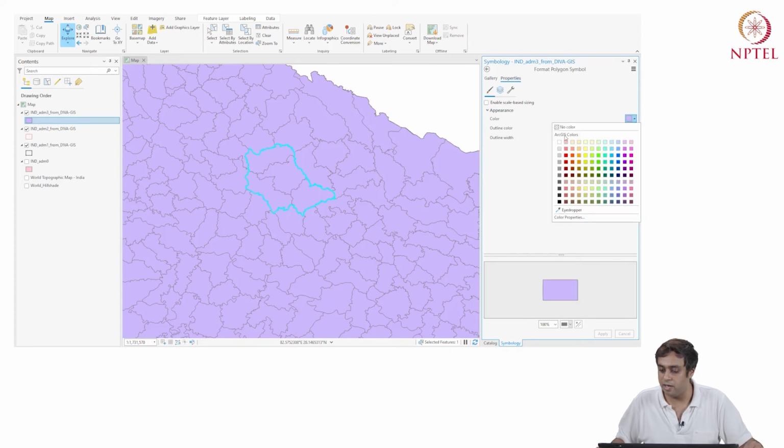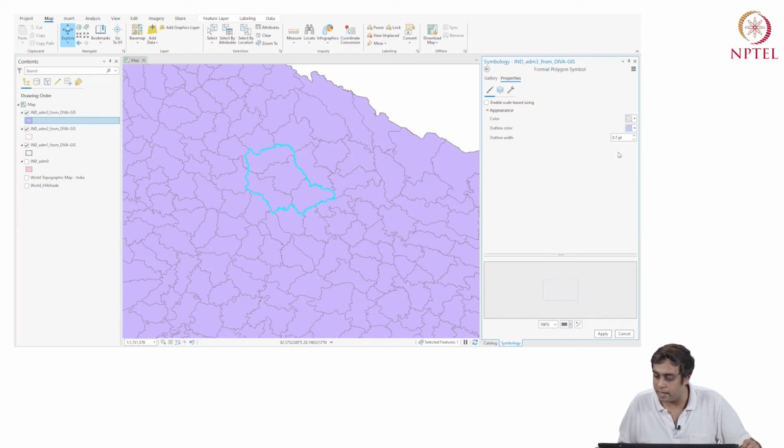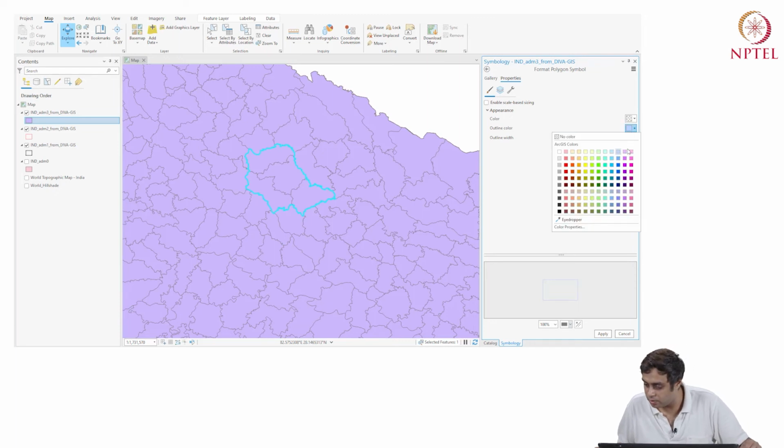So I don't need a fill. So I'm going to say no color. Instead, for the boundary or the outline, I'm going to use the color that resembles the fill. So let me do that.